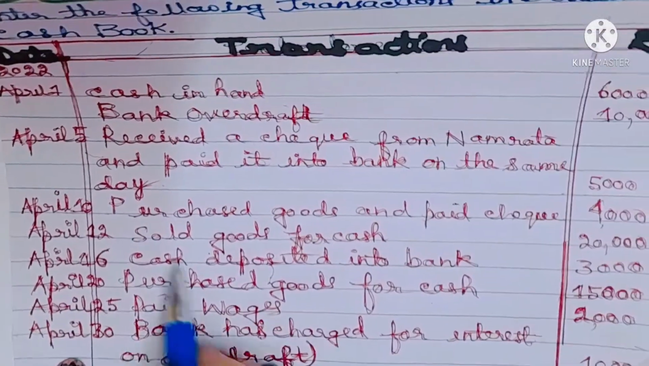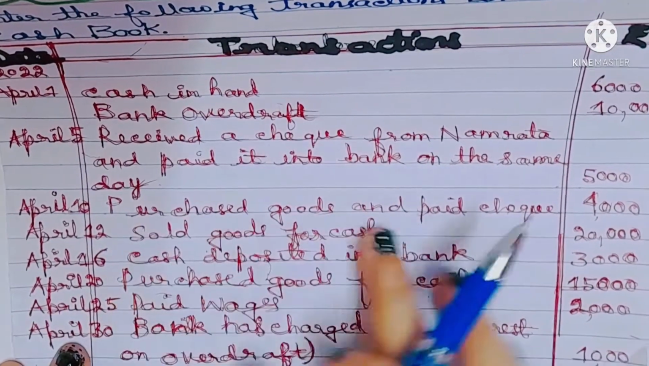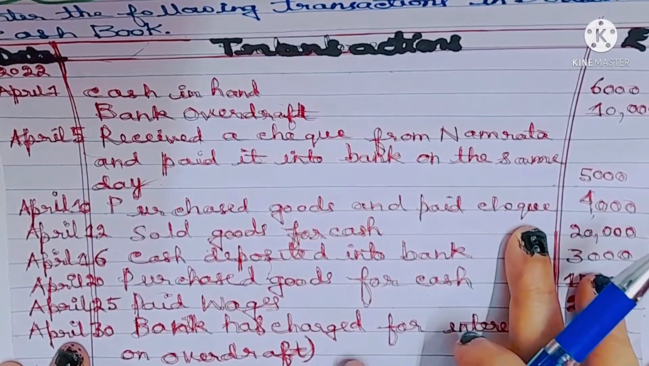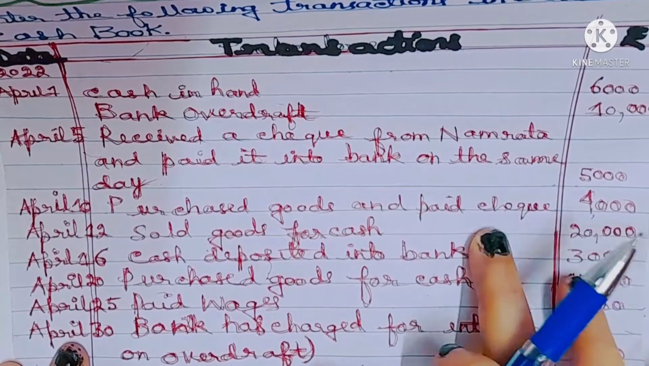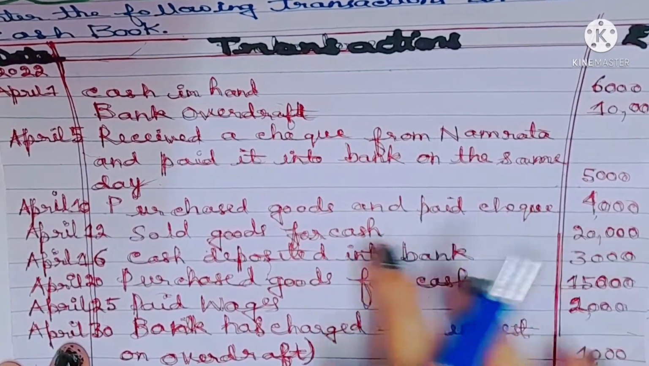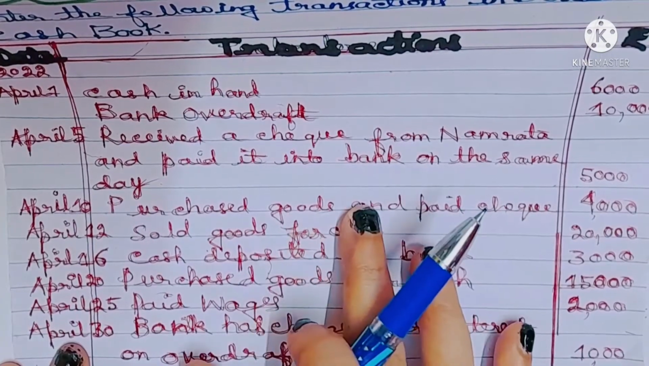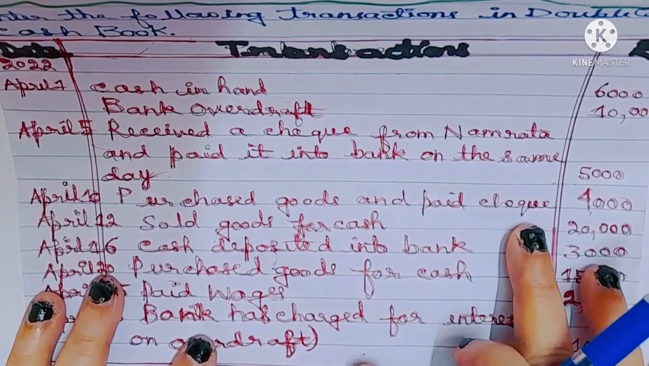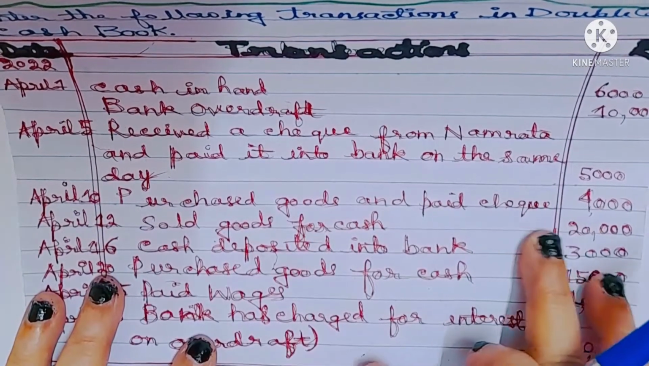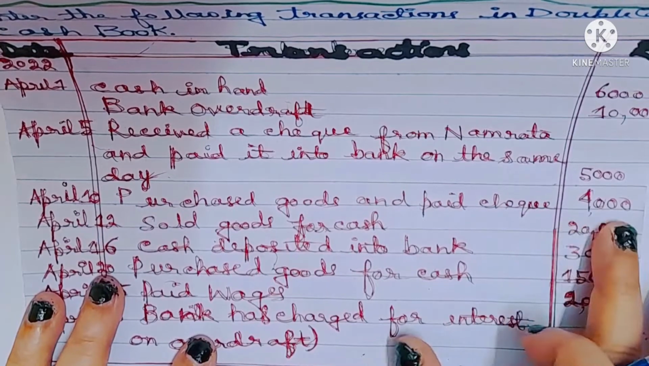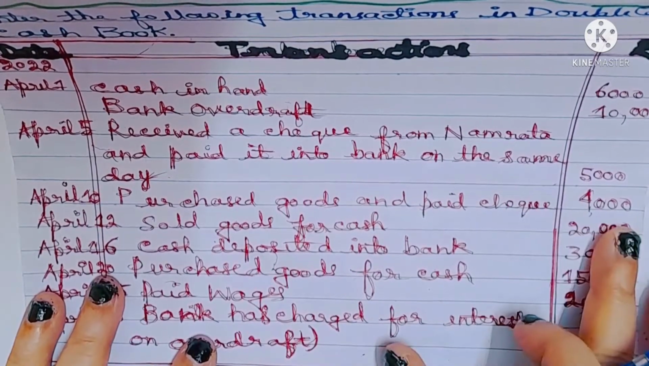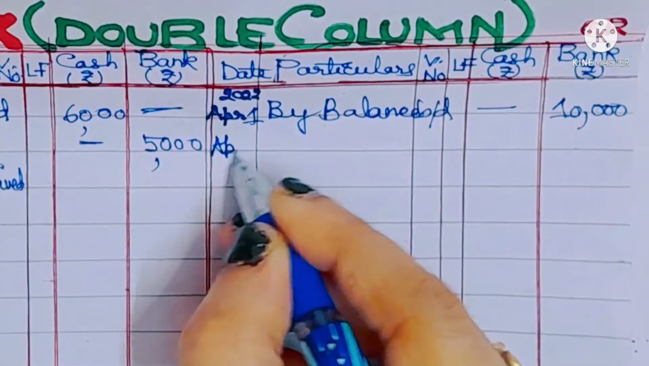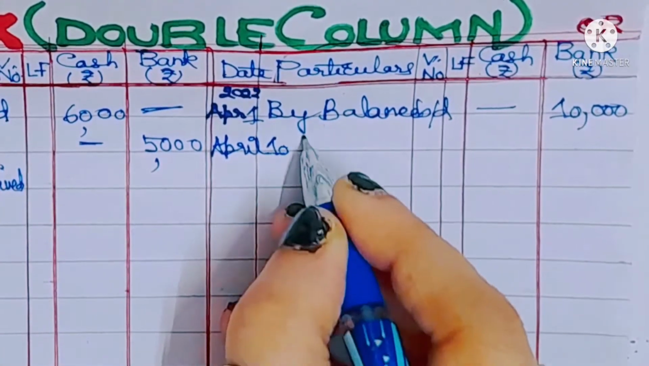The next transaction is on 10th April, purchase goods and paid by check 4,000. So what will be the journal entry? The journal entry will be purchases account debit to bank. See, check is mentioned, so bank. Now always ignore goods. So purchases account debit to bank account. So what is the position of bank account? Since the bank account is on the credit side, purchases account will also be on the credit side. So we'll have to write by purchases account in the cash book on the credit side in the bank column 4,000. Okay, so let's write 10th April by purchases account